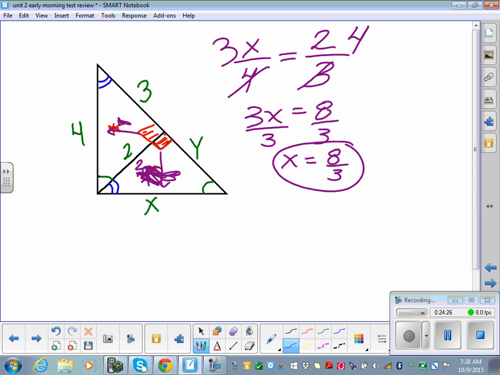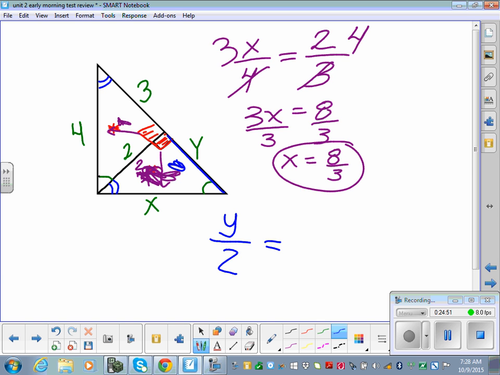Okay, so let's set up another ratio to solve for y. Everybody watch, because this is tricky. So y is on this triangle, right? So I'm going to do y over, we've got to think carefully, what's the corresponding side? So look right here. y is between green and red, right? Yes. So looking over here, what's between green and red? 2. So y over 2 is equal to,